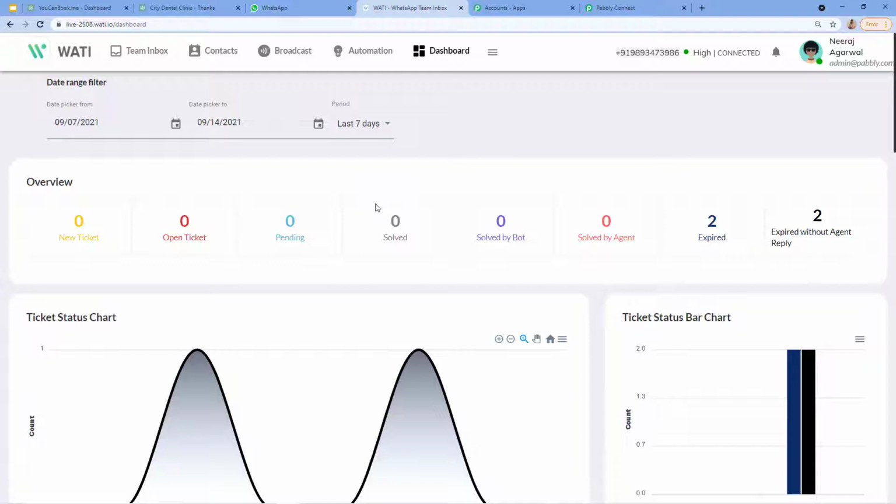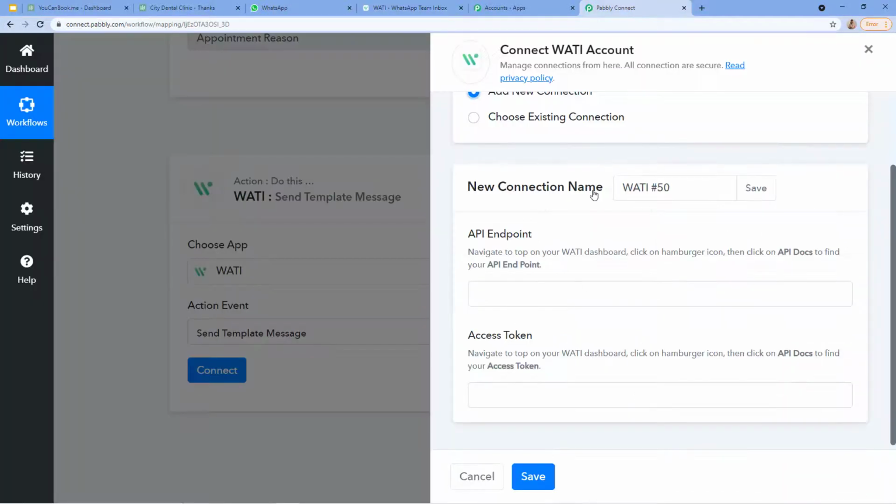So here I have already created my account. I just need to connect it with Pabbly Connect. So here you can see,